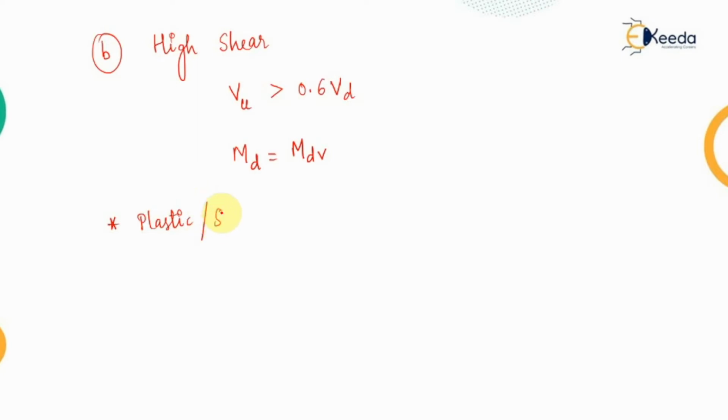So if the type of section is plastic or compact, then this design bending strength due to high shear will be calculated by the relation Md minus beta. We will be deducting a certain factor from the actual capacity, and that will be given by Md minus Mfd, multiplied with the beta value. And if the beam is simply supported, then this value should be less than 1.2 times Ze Fy upon gamma m0.